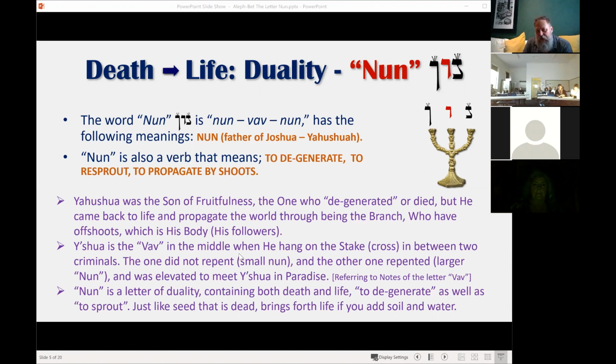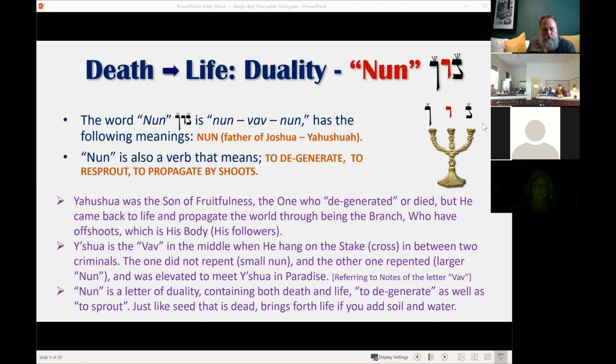And that sustains that field or energy or life in which man, in this case the Vav, exists. So man can only exist within this field of duality, if you like, which is created by this symbolism of the two nuns, which will represent life and death in this case.